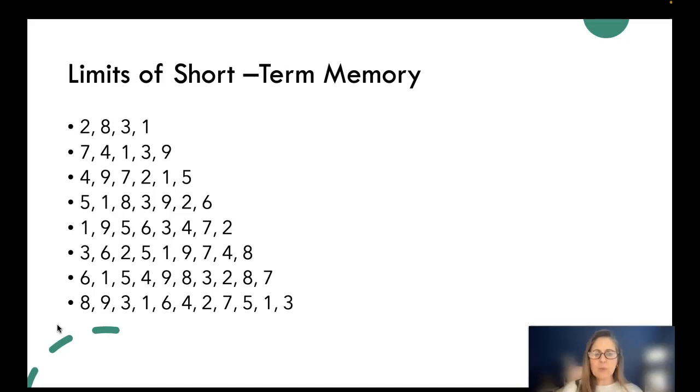And so we have to do more with it to get it into long-term memory most of the time. And so we're going to talk about that in just a few minutes in terms of some effortful processing strategies. But what if, for some reason, you needed to hold more information in short-term memory at one time? Well, there's a strategy that you can use, and to talk about that strategy, we're going to first do another